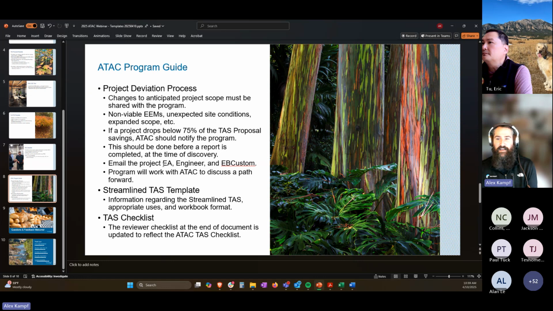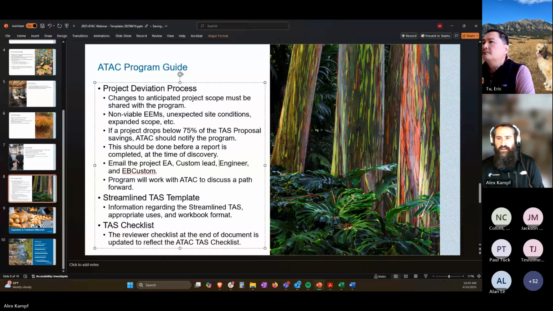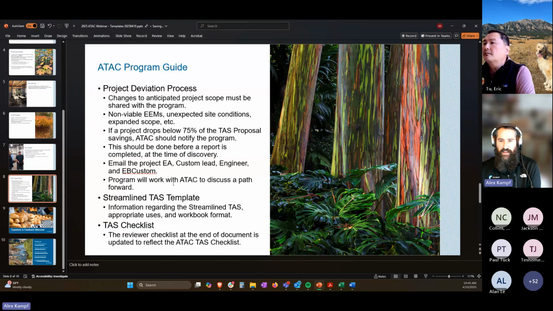When you run into these scenarios, please email the energy advisor, the engineer, and EB Custom. I may add custom lead here, the custom lead project engineer, to let us know about that. And then we'll discuss a path forward. This could be as simple as, okay, thanks for letting us know, or could go all the way into let's